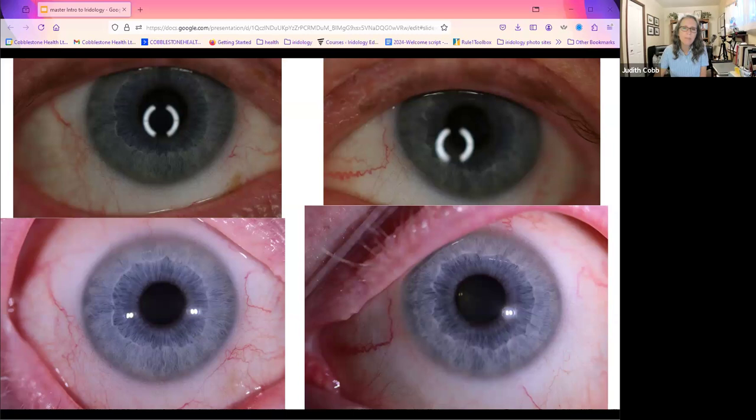Add to that, they ended up adding not just Glumetza, but Jardiance for his blood sugars. And his glomerular filtration rate was a very low normal, which meant that he was kissing early stages of kidney disease. Right. Now that hemoglobin A1C should be below 5.7, and he was definitely over 7. So we know that he was insulin resistant. That's what that number means. Anybody will tell you that. Any lab book you look at will tell you that.